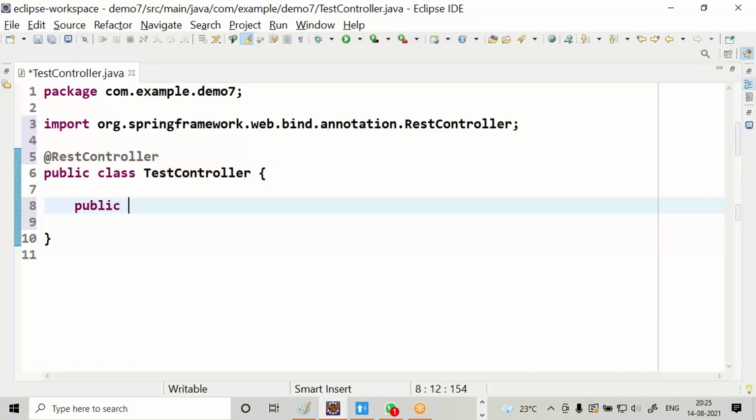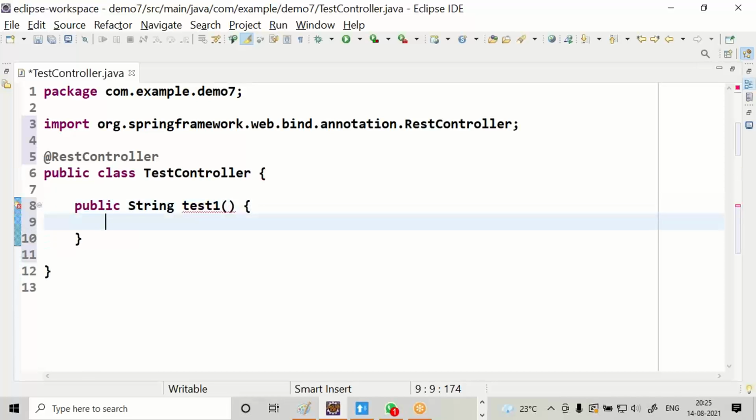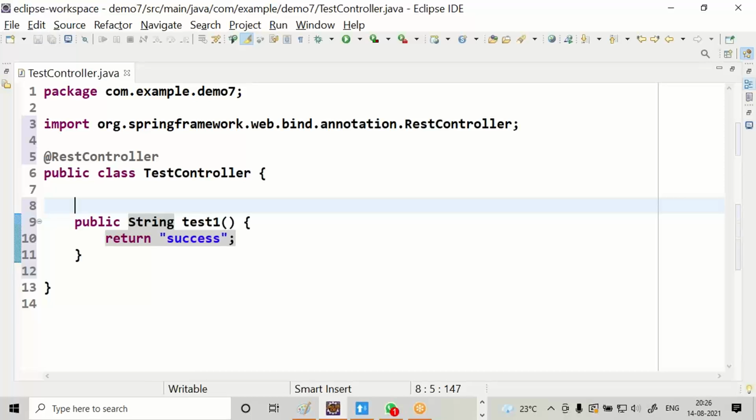Let me develop one simple method. REST controller.